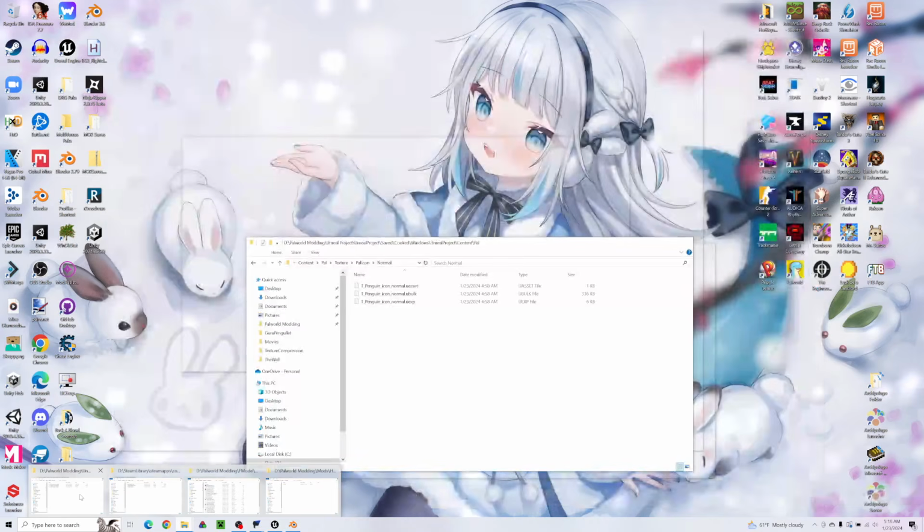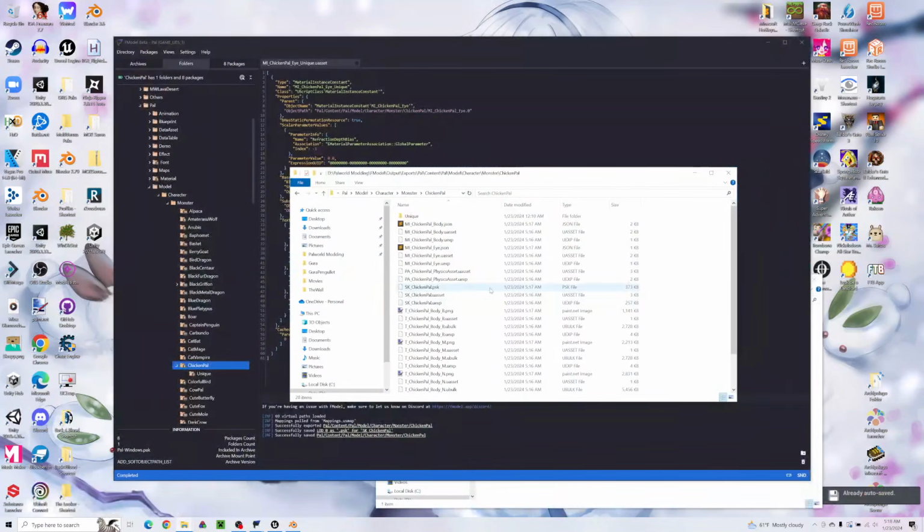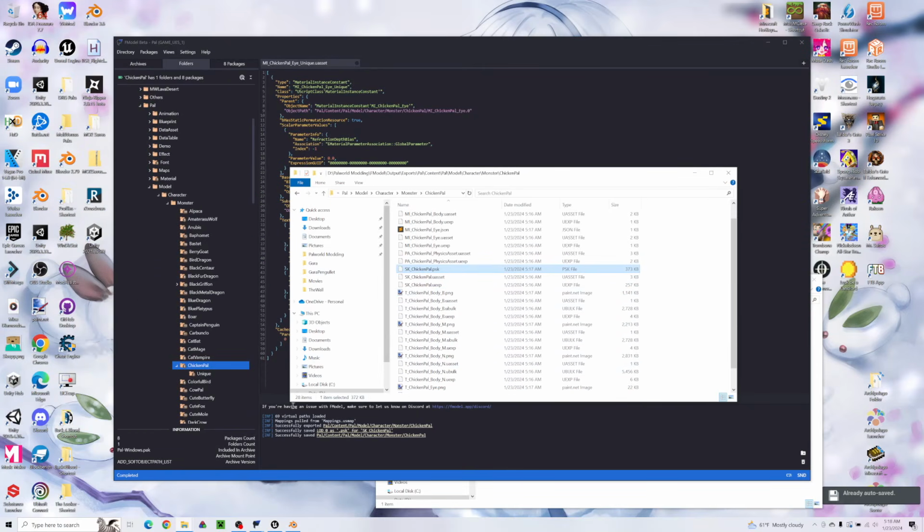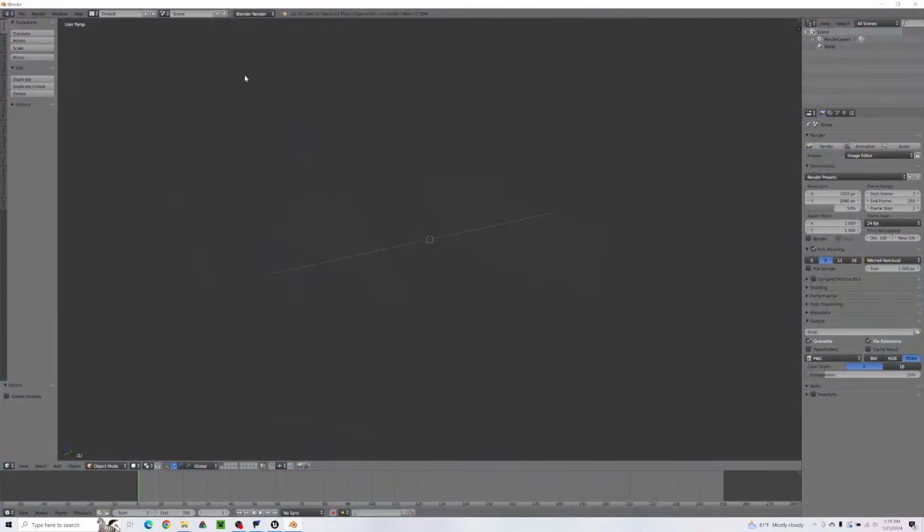And if we go back to that folder, we'll have all of our assets that we need right next to the original files. So now we have our PSK and our PNGs. We will open Blender,